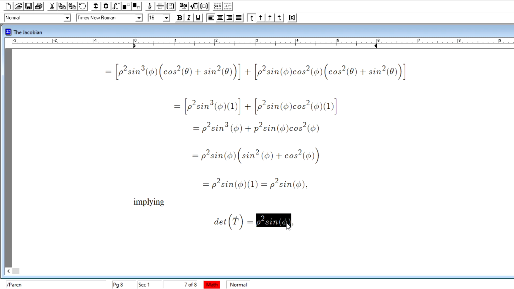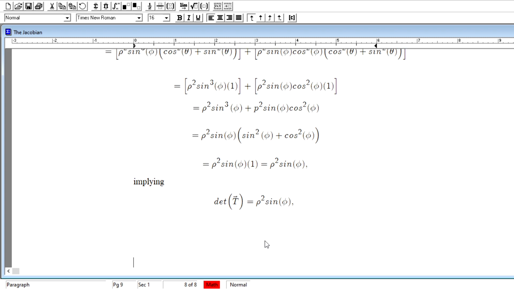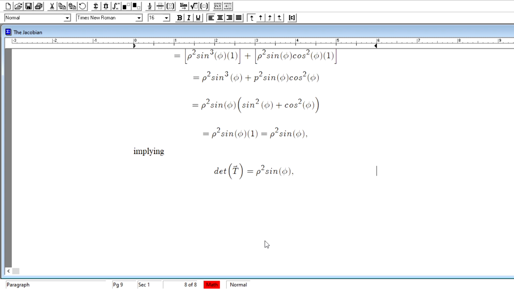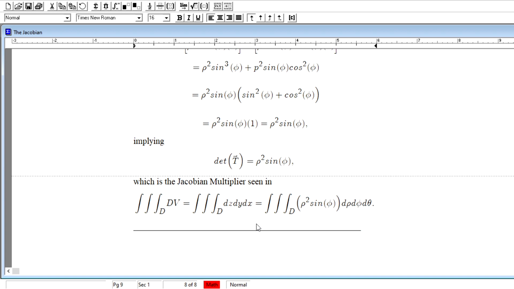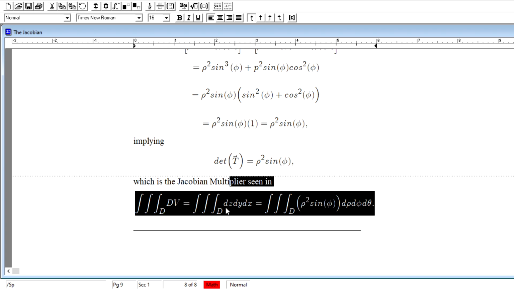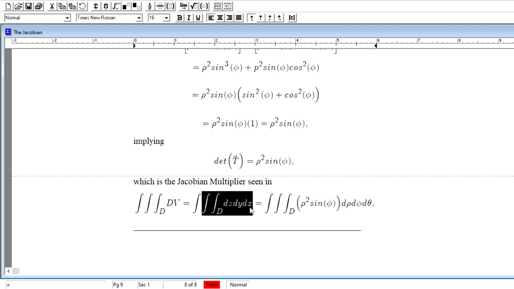And that's why this rho squared sine phi becomes known as the Jacobian multiplier,